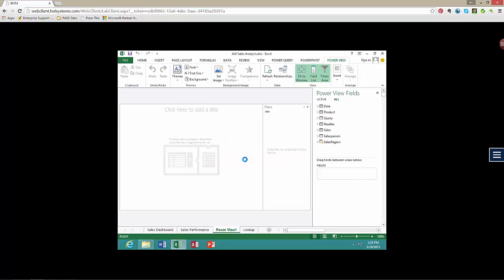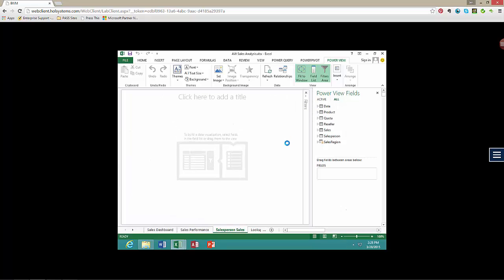And when that's opened, what we see here is we have a PowerView sheet. So what I'd like to do is rename the tab from PowerView. We're going to call it Salesperson Sales. We're going to close the filters pane, simply because we're not going to use it right now. That gives us a little bit more space in the canvas. So what we want to do now is on the